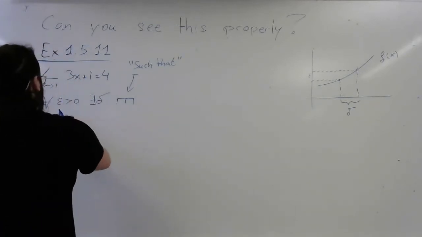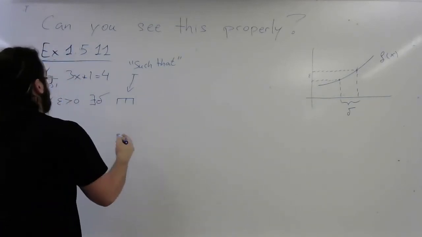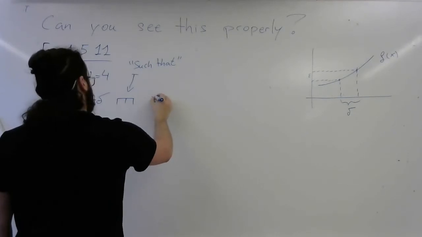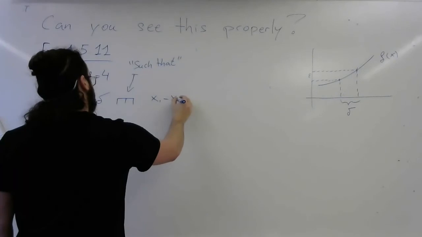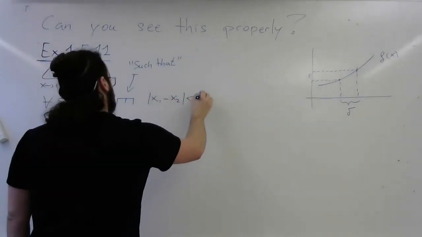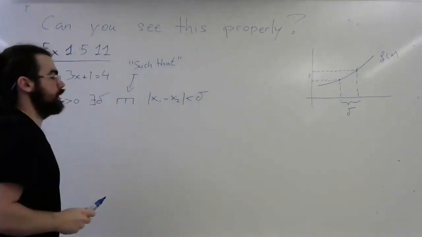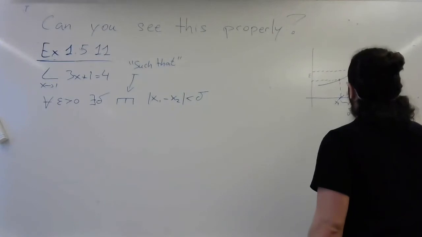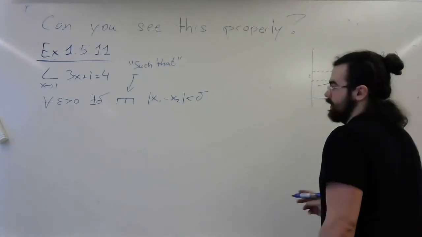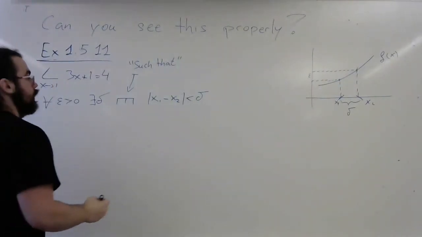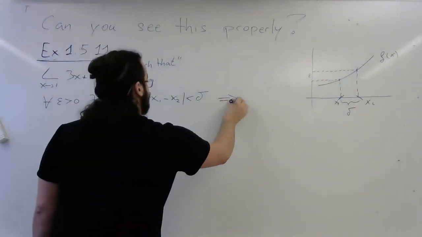So for every epsilon, there's a delta such that if x1 minus x2 is smaller than delta, this is x1, this is x2, then